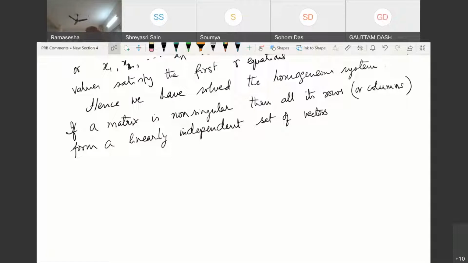Sir, your voice is breaking sometimes, slightly. Oh, maybe the problem is with your internet, not mine, because I checked last time, and Gautam told me that my voice was clear. Sir, I am Gautam only. Oh, you are Gautam, is it? I'm sorry. Yes, sir. It's slightly breaking. I think it's fine for all of you. Maybe it's my problem. Okay, but I don't know about others.